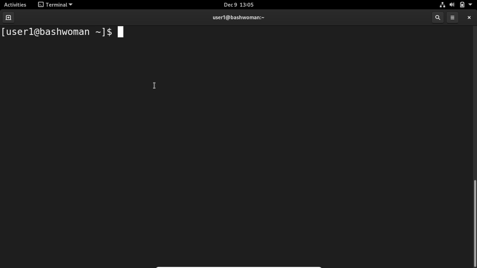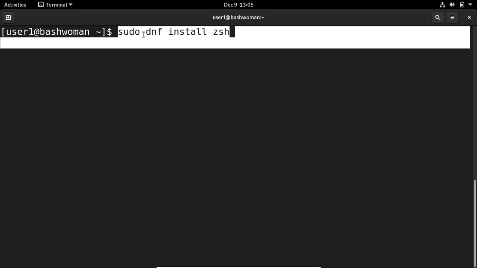Okay, so the first command that you want to run is sudo dnf install zsh. sudo is needed because we are not the root user.